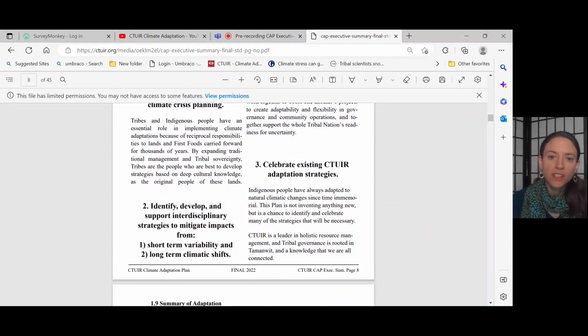Goal number 2 is the recognition that we cannot do this alone. We have to work together and create interdisciplinary strategies to address short-term variability from year to year and then long-term climatic changes. And then the third goal is to really celebrate the work that this tribe has done, not only